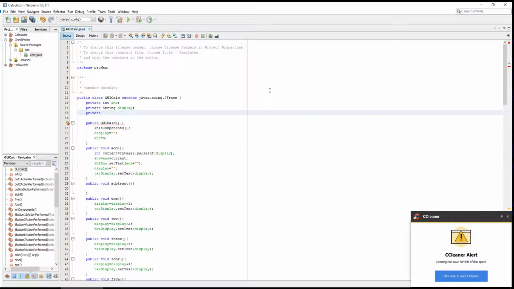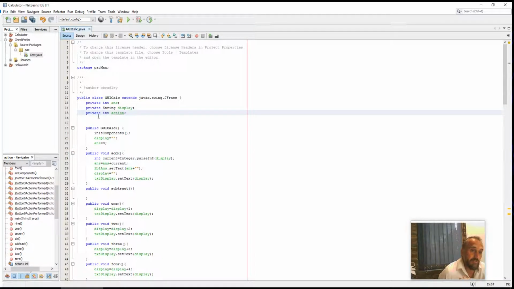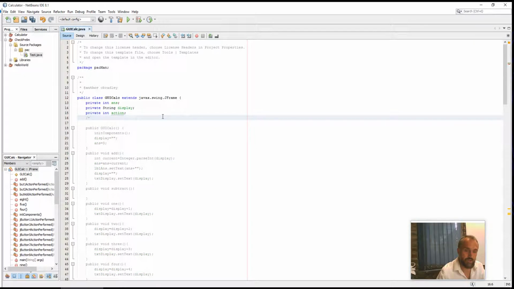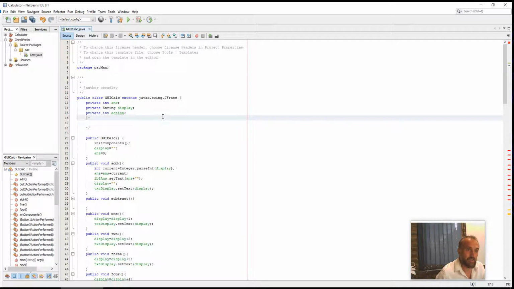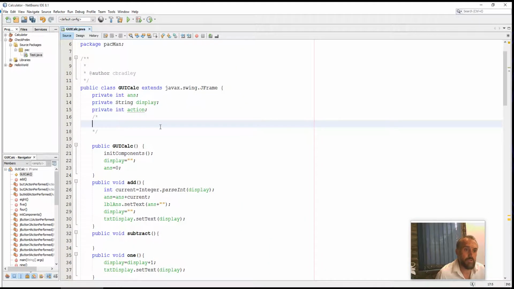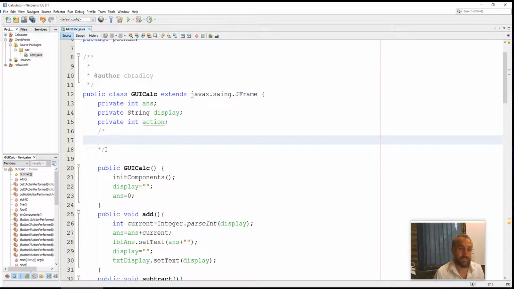I'm going to make it easy by just making action an integer. What I mean by that is, I'm going to show you first how to comment. If you comment, you go /* enter, and you'll see it puts a /* and then some space here. Everything I put in between is considered a comment, which means whoever is using this program won't see it. The program ignores it. This is for the programmer to know. So, action